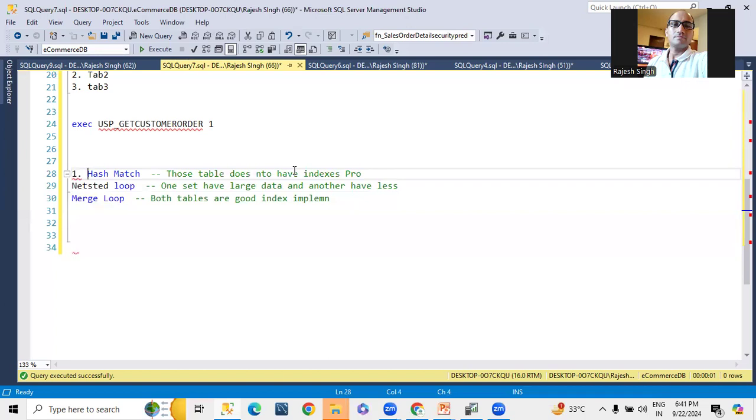And if your execution plan has a hash match, it means you have to be conscious about indexes. It means you have to introduce the indexes. Tomorrow I will guide how we can create indexes if indexes are not there. In some cases SQL Server also suggests missing indexes. But let's suppose SQL Server is not suggesting any indexes, then what do we have to do?